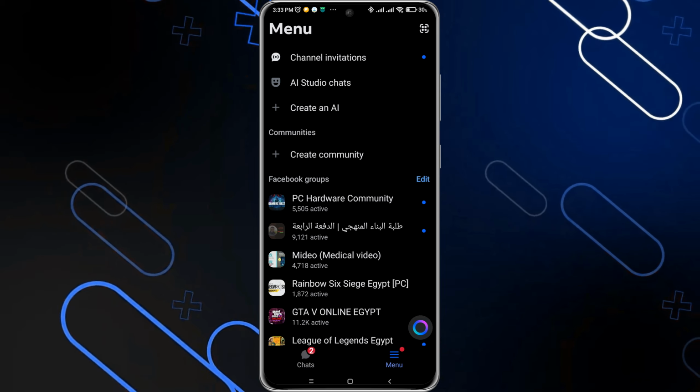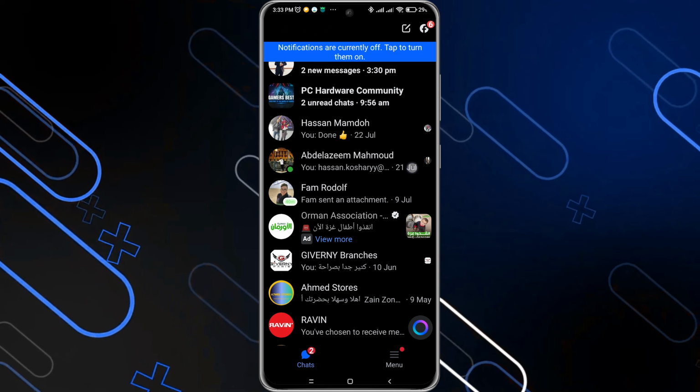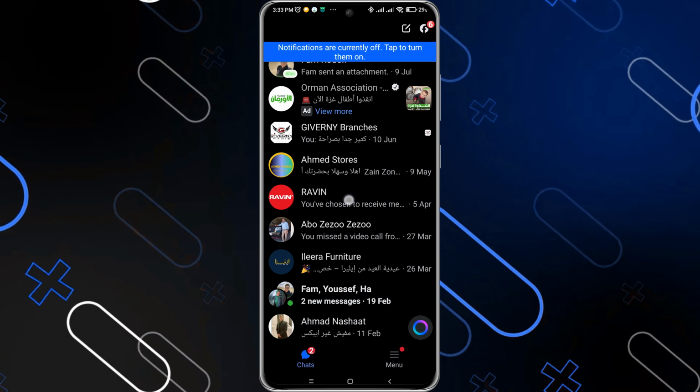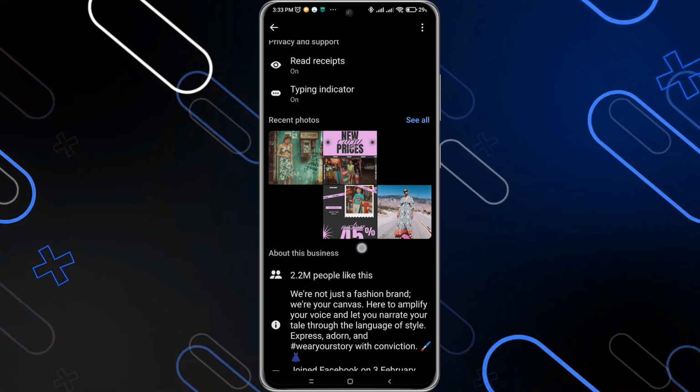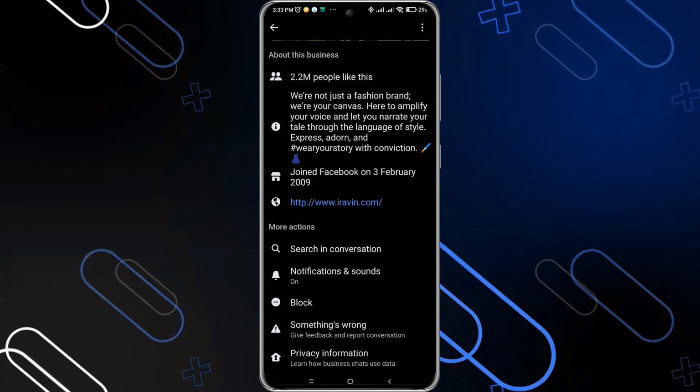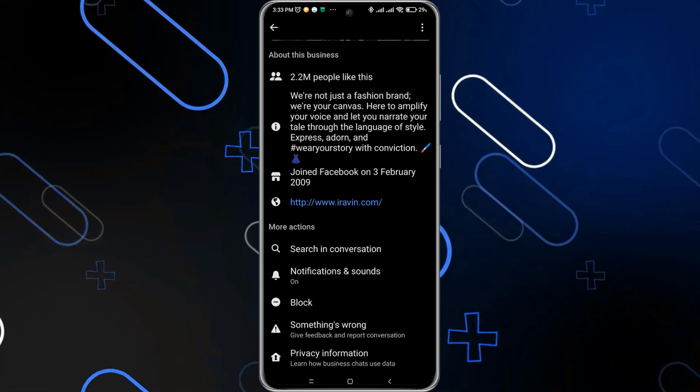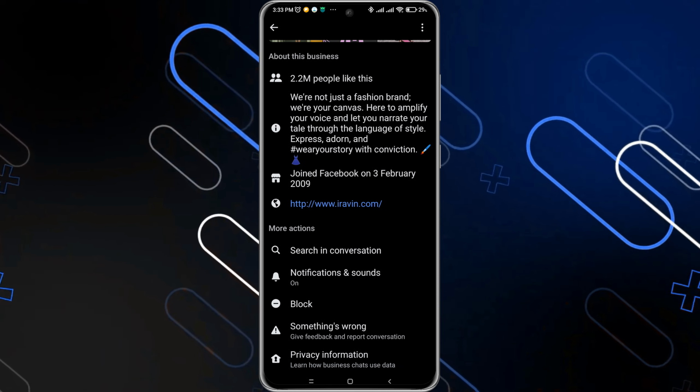And the good thing is that you can actually hide a specific message between you and someone by clicking on the chat itself. Then go and click on the person. And you should find an option saying hidden messages. Here in my case, I do not have it,